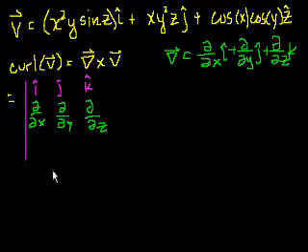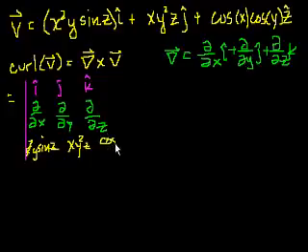So what are the components in the vector field? I'll probably run out of space, but it's x squared y sine z, and here it's x y squared z. I should have written all of this bigger. And then in the third column, the z component is cosine of x times cosine of y, right? Just the x, y, and z components. And now we are ready to take the determinant, which will probably get pretty messy, but let's try it. So this is equal to the i unit vector,